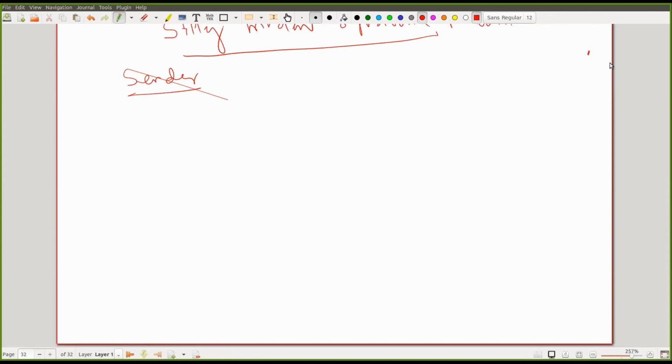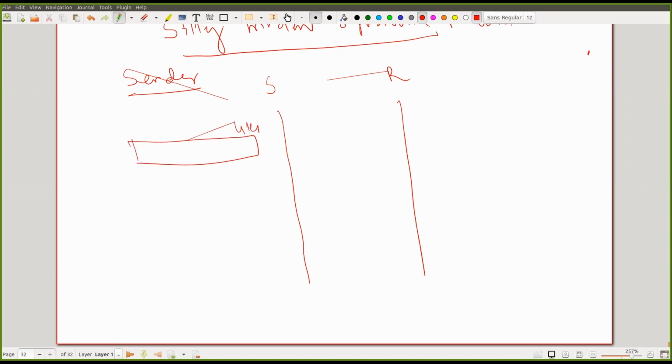Now let's look into this scenario. This is the sender. This is the receiver. Let's say the sender has a send window buffer of 4 KB. At the sender end, at the top there is the application layer, then the transport layer, and the transport layer maintains this particular buffer. Now the application layer generates 1 byte of data.